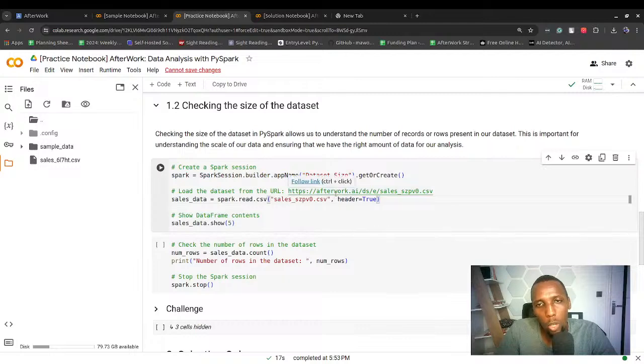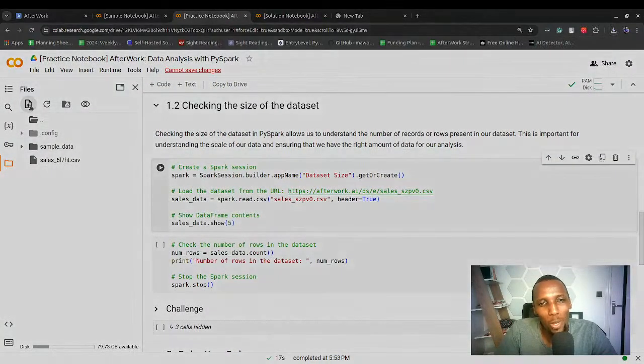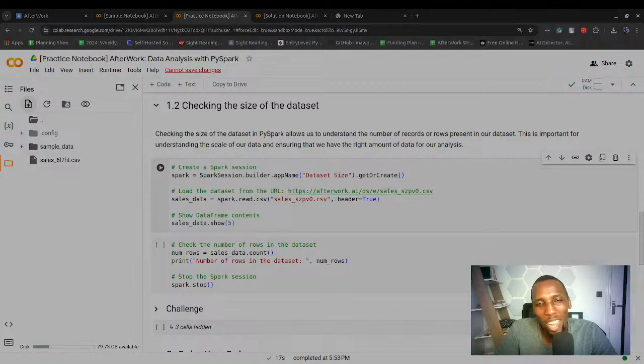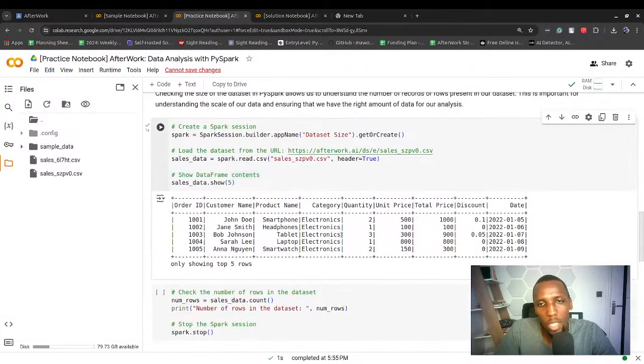just as we did. So I'm going to download this data set, and please bear with me. I'll be uploading those data sets every now and then. So let's see. I've uploaded this data set now, which looks like this. This is the data set, and you can also do the same. Just download and upload it,